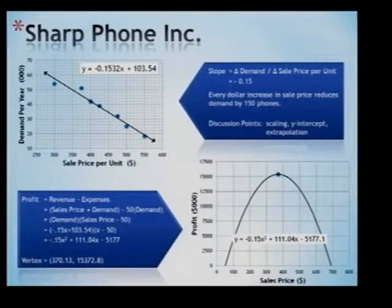Next, the students developed a quadratic profit model, which you can see in the lower right. They began the process with words, profit equals revenue minus expenses, and there were a lot of discussions around this as we developed it, and a number of students participated and had ideas. Some were correct, some were incorrect, but this was our final result. They used previous findings to substitute mathematical expressions, and ultimately they created the quadratic model to find the optimal sales